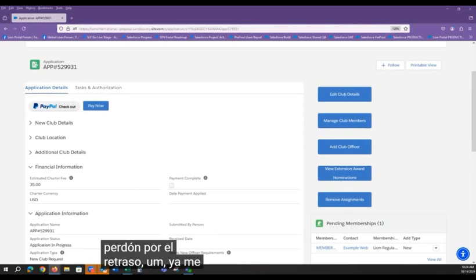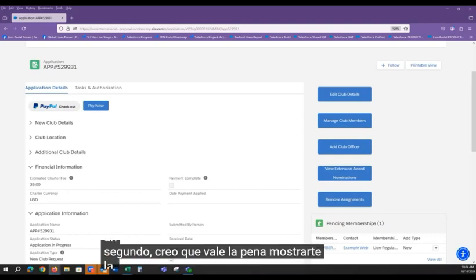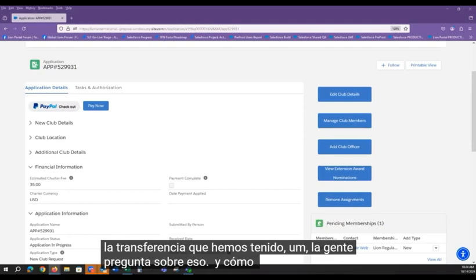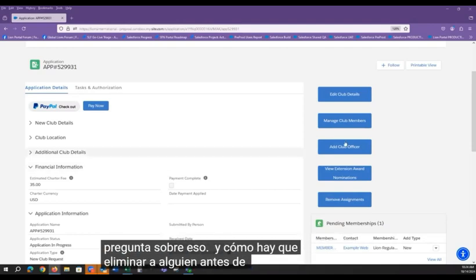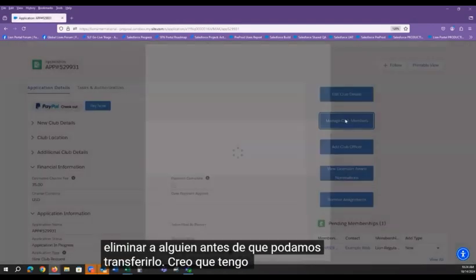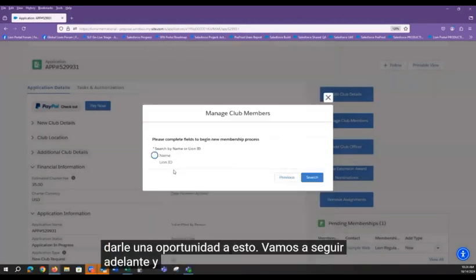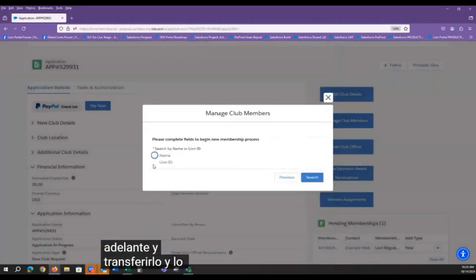I'm going up. I think I got something. Give me one second. I think it's worth showing you the transfer. We have had people asking about that and how somebody has to be dropped before we can transfer them. I think I have somebody. I'm going to give this a shot. We're going to go ahead and transfer. And I'm going to do it by,